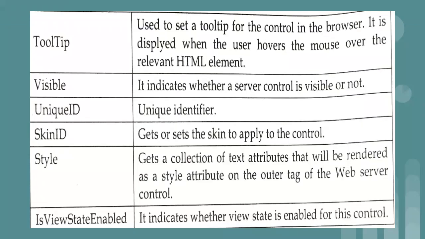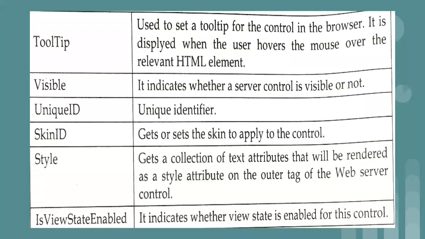Tooltip means when we move the cursor on a specific control, it will display a specific message. Like whenever we are using Microsoft Visual Studio, there are so many menus or tools available on a toolbar. Whenever we move the cursor on a specific tool, below the arrow some message, basically the name of the tool, is displayed. That is called a tooltip. Whenever we move the cursor on a specific control and you want to point something out to the user, that this is a text box, this is a toolbox, you can provide that message as a tooltip value.